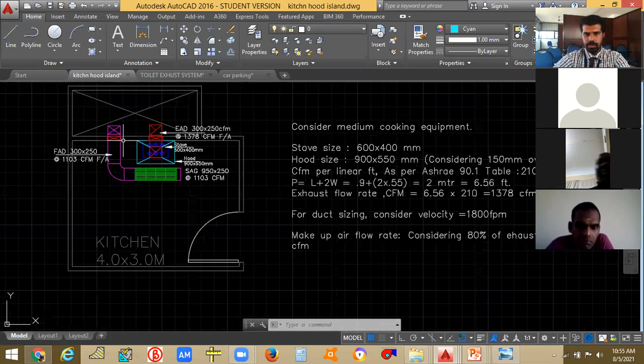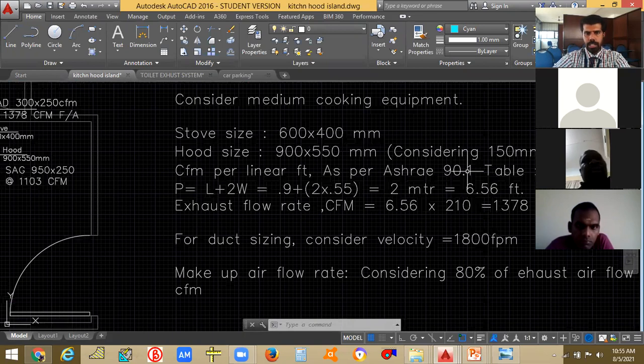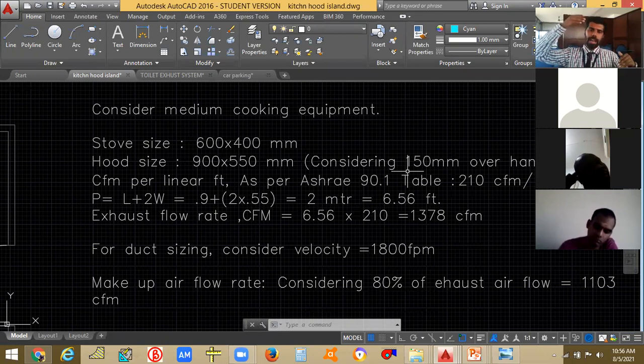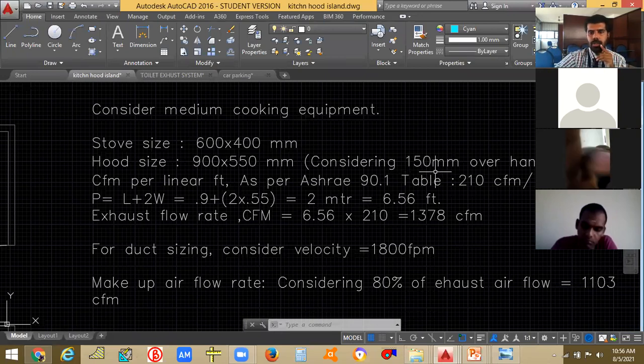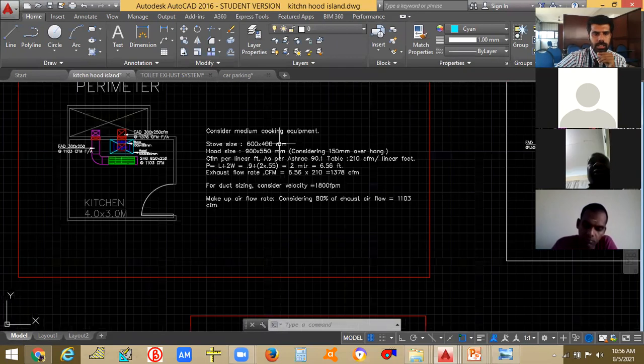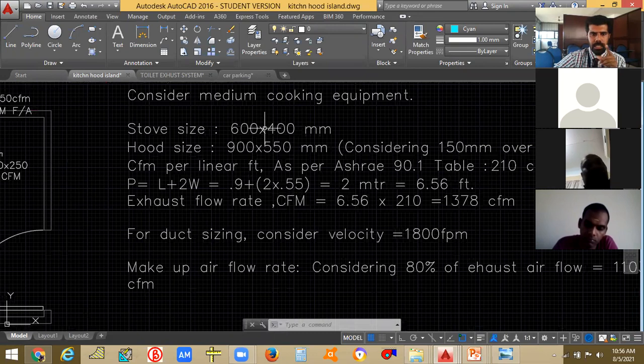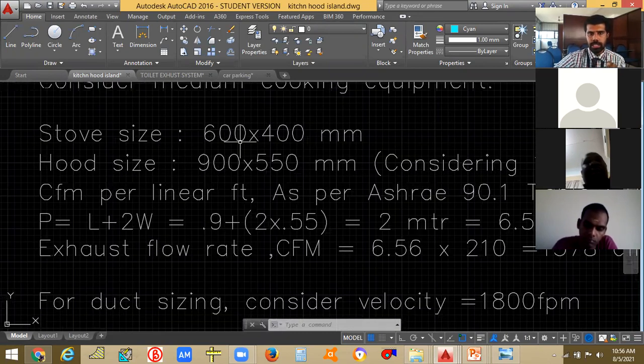So as a wall mounted kitchen hood, 150 mm is the overhang that you might be knowing. Yesterday we went through this overhang, which means the extension. Sideways 150, leftwards 150, rightwards 150, frontwards 150, and backwards 150. Here, backward you don't want 150 because it's wall mounted, right? So, considering a 150 mm overhang, I think we have taken 600 as the width. So 600 plus 150 plus 150, two sides.